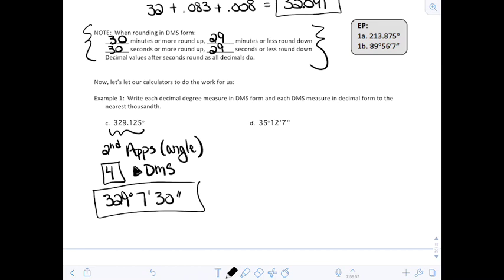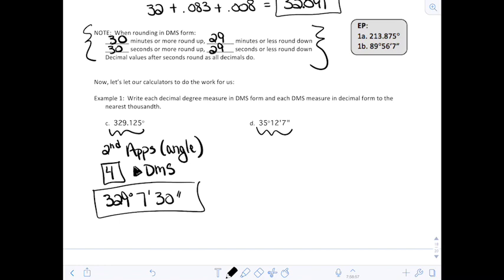Okay, so hopefully that worked for you. Let's try going the other way. So we have 35 degrees, 12 minutes, and 7 seconds. So we want to convert this to decimal form. So we actually want to get this typed up on our screen. And once we get that typed exactly like it looks on our home screen, we can hit enter and it